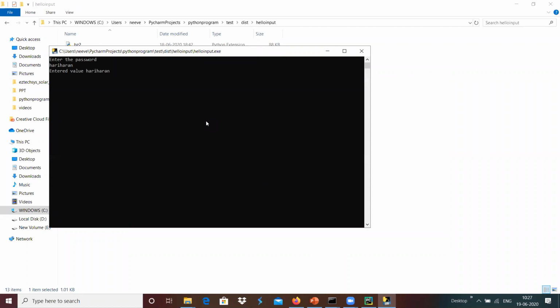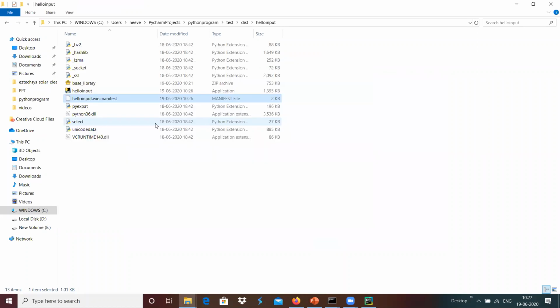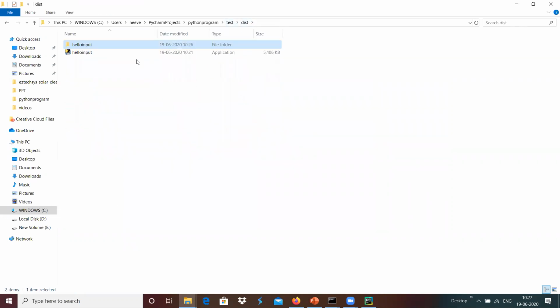I'm going to quit with the queue over here, which provides a directory-related structure. If it is a single file, all the data are dumped into that single file, and its size is around 5 MB.